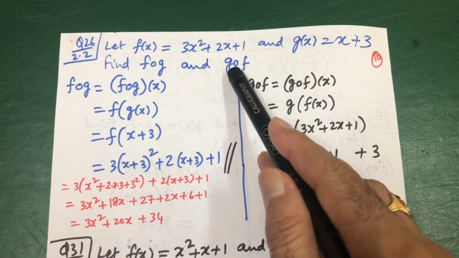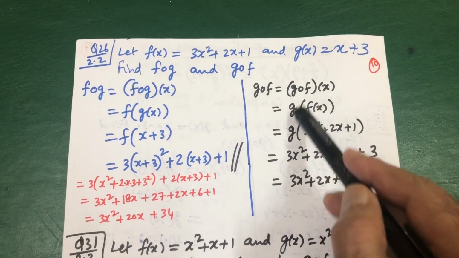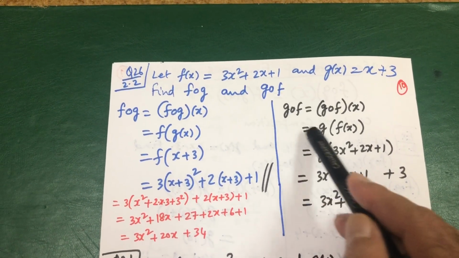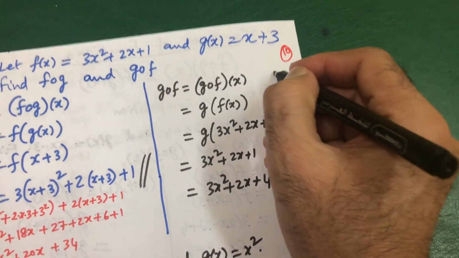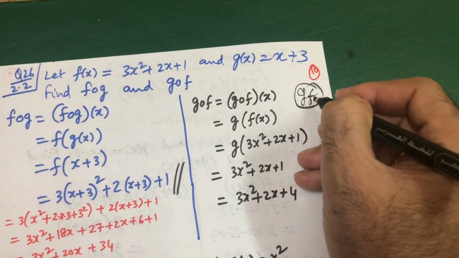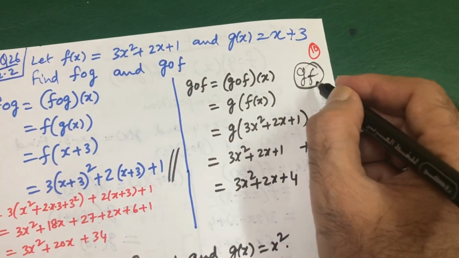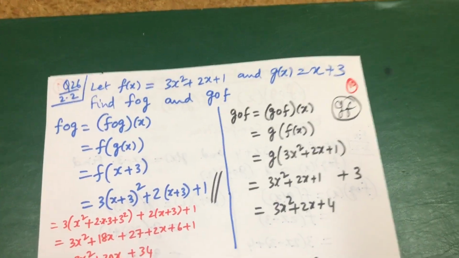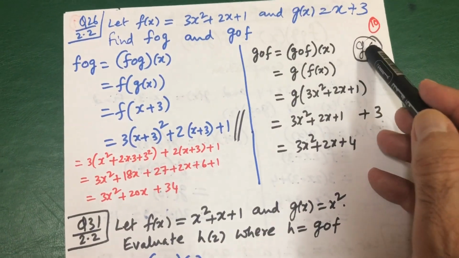Let us do this problem G circle F. G circle means default x is there. So this is G. Circle means bracket. Do not get confused here. G circle F means this is it. And do not get confused with GF. GF means G multiply F. This is G circle F. Circle means bracket. GF means G multiply F, and this is more simple. So G circle F, 99% we ask this, we don't ask this also.